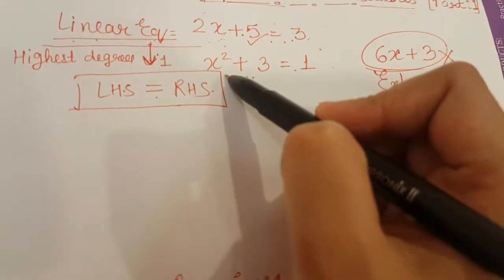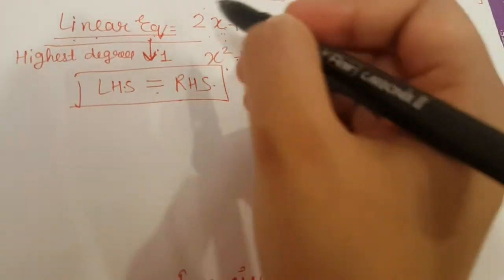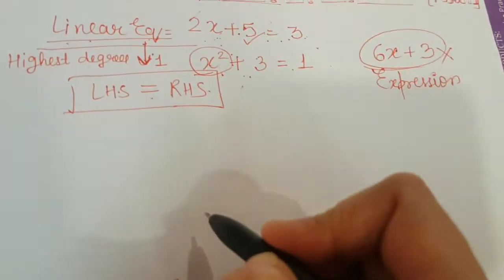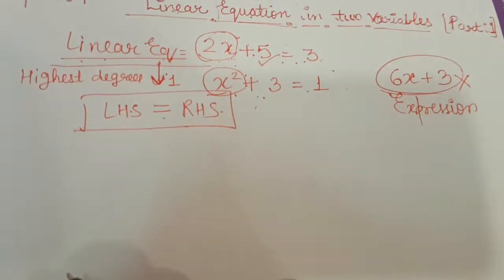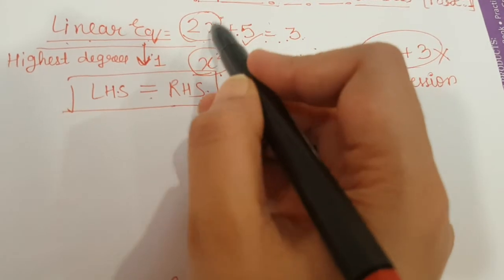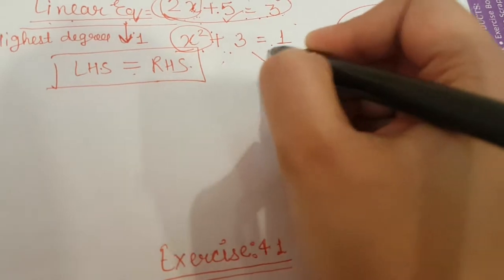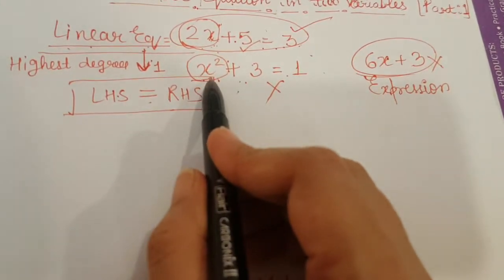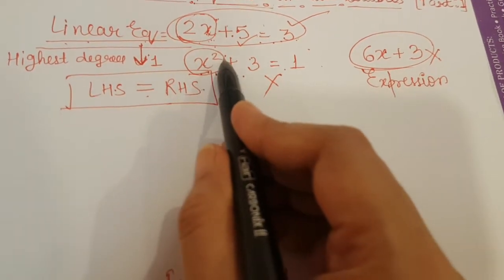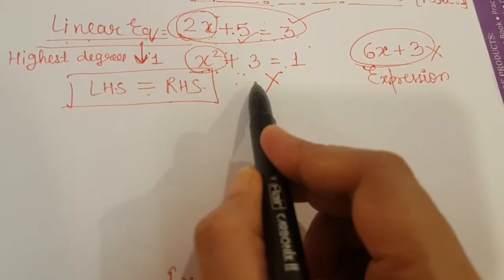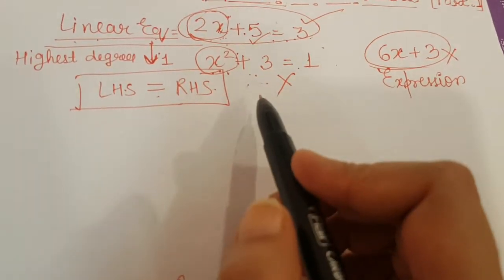So now you come to these two examples. You can see in this one the highest degree of the variable is 2, and in this one the highest degree of the variable, we are talking about degree, not the coefficient. Okay, highest degree of the variable is 1. So this one is the linear equation, this is not linear equation. So this one is the quadratic equation. This also I told you in the polynomial chapter, if the highest degree is 2, then this will be quadratic equation. We told you about polynomials, now we are talking about the equations.